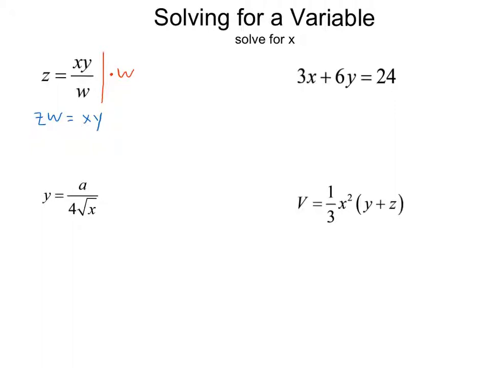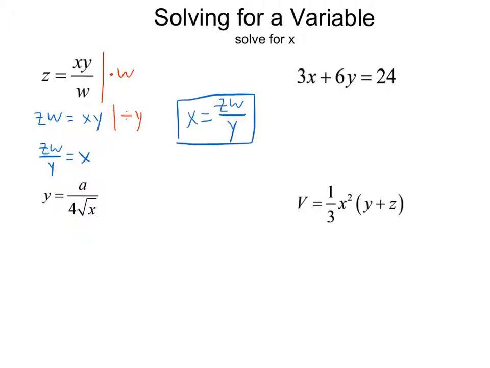Boom, got that. Now what is next to the x? We're multiplying by y, so I'm going to divide both sides by y. And voila, we got x by itself. Then I'll just rewrite that in the other order. Boom, x equals zw